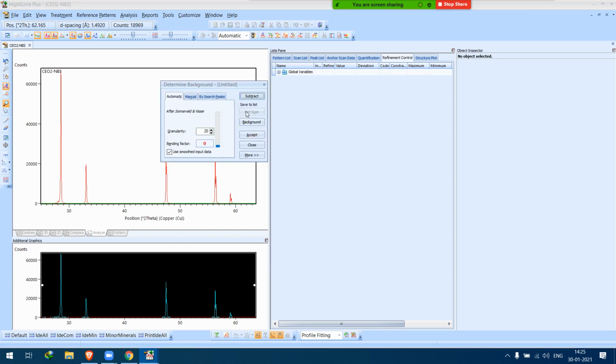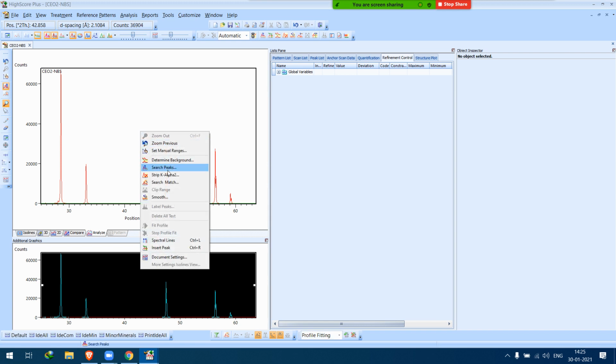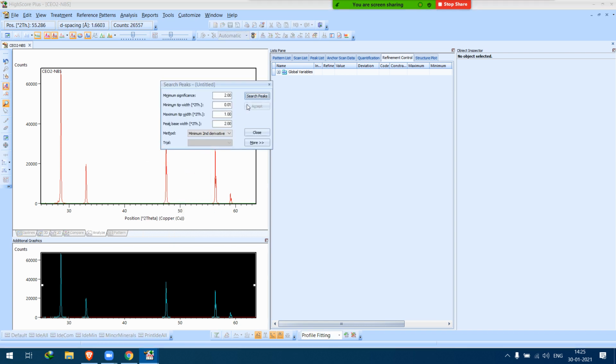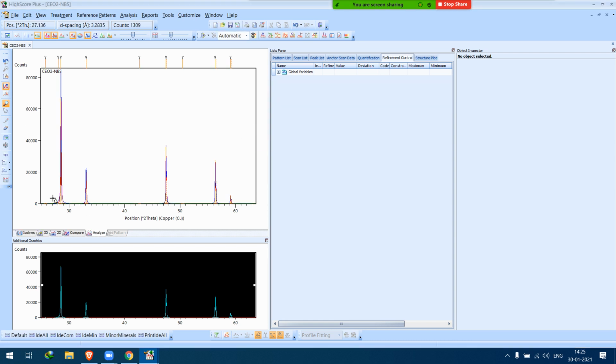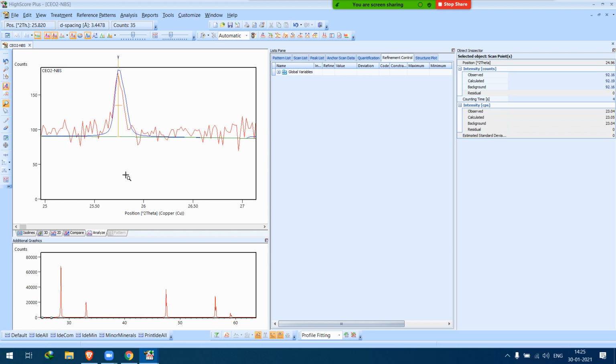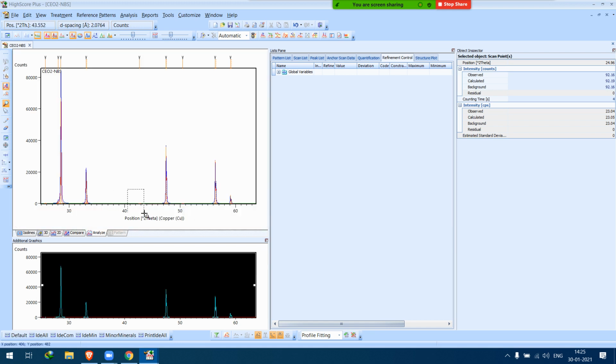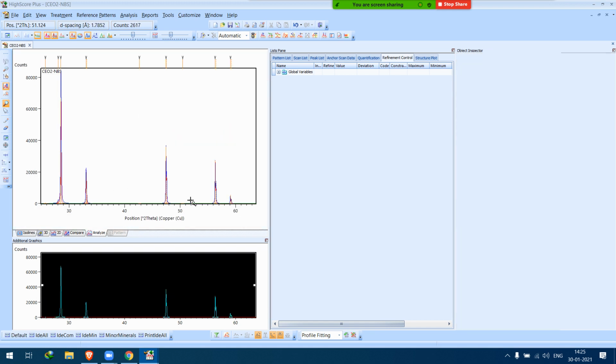steps: determine the background. After that, search for peaks. Let me check. Okay, there is a peak there. Okay, there is a peak here also.